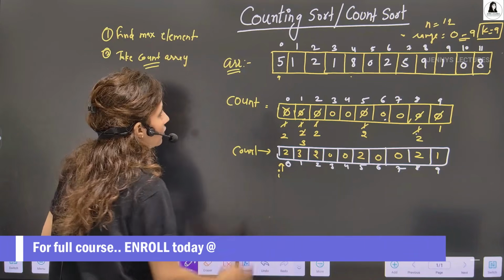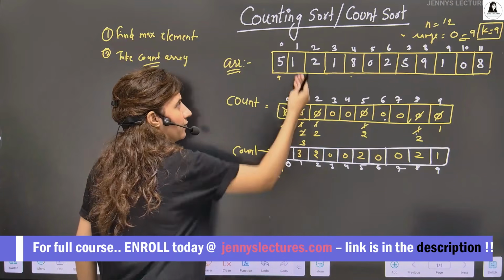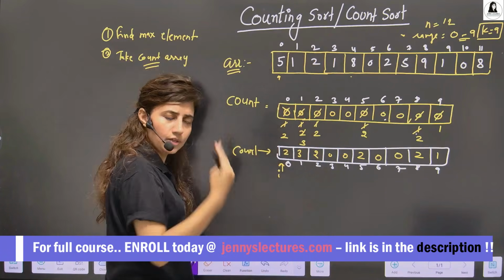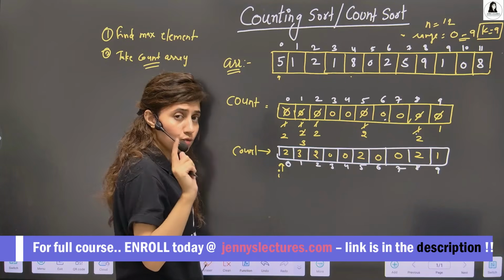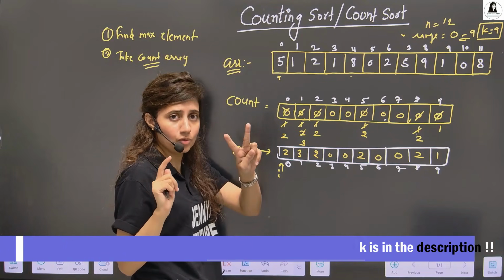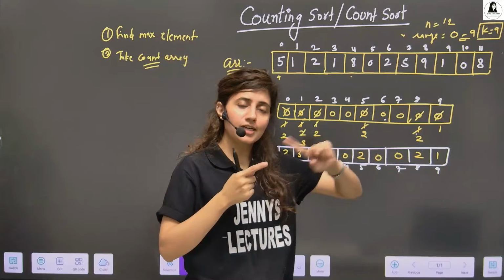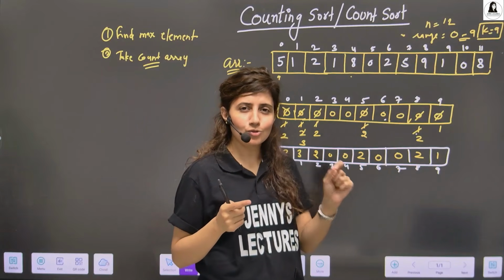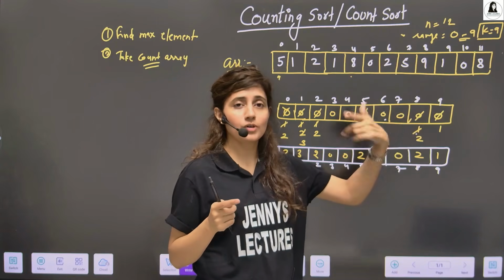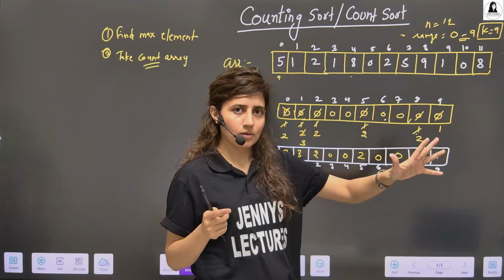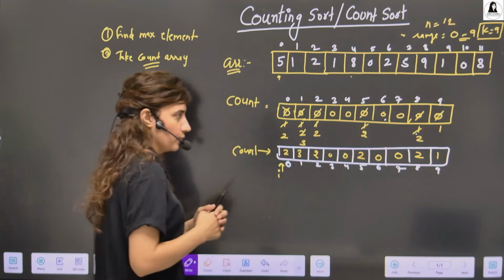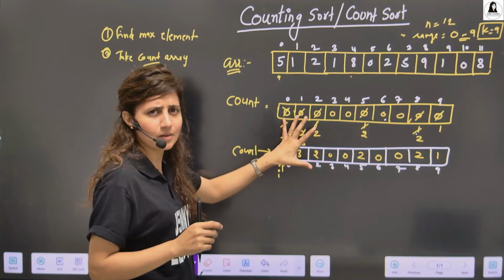So we will not take a separate array. We will update within the original array only. This is one approach. There are two approaches of count sort. One approach is not stable, the second approach is stable. Basically count sort is stable, so the second approach, which we'll see later, is the better one. I'll discuss both approaches. First is this one. It is easy, but it's not stable.